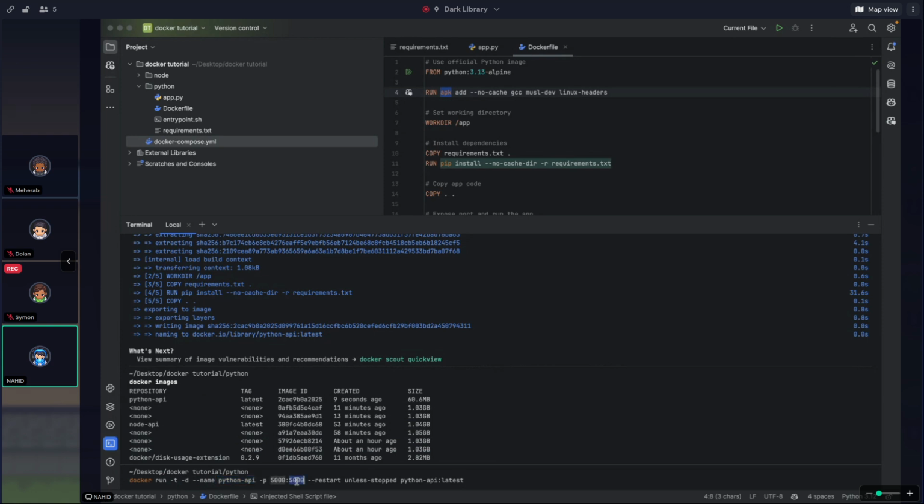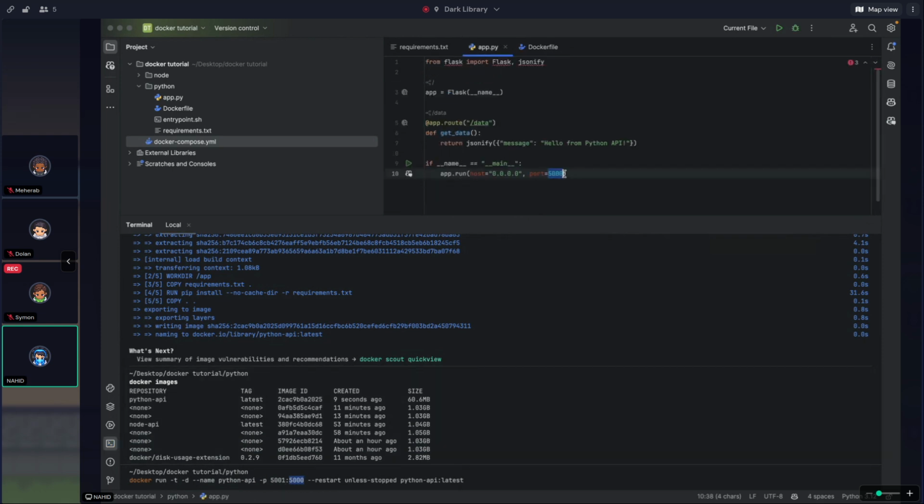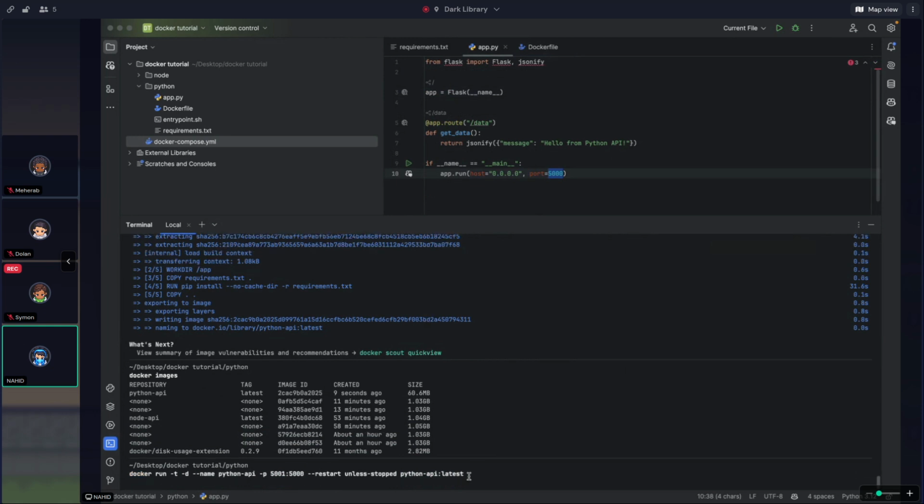Then port: 5000 is the internal port, and this 5000 is the external port. We can also change this external port to anything like 5001. So our application internally is running on the 5000 port, but externally we're going to use 5001 to access this. Then the policy, then the actual image name and tag. If I run this,